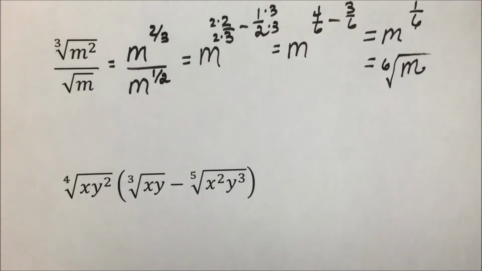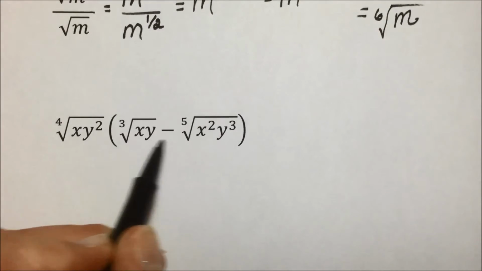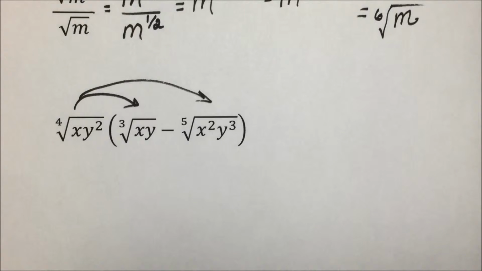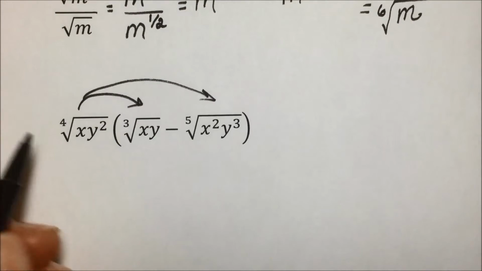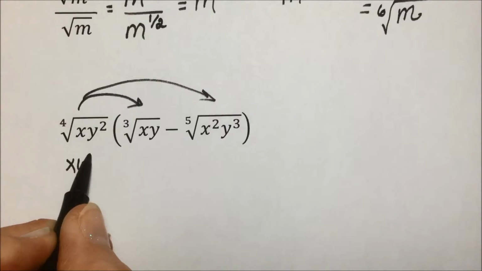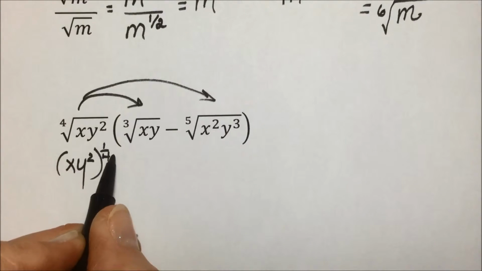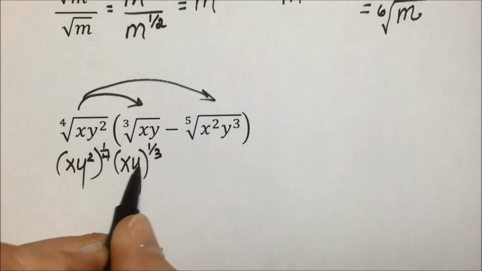In this last example, if you can think of it in terms of polynomials, we have a monomial times a binomial. We'll use our distributive property, and while we're at it, I'm going to convert our radical to exponential form along the way. The fourth root of this radicand means that the radicand is raised to the 1/4 power